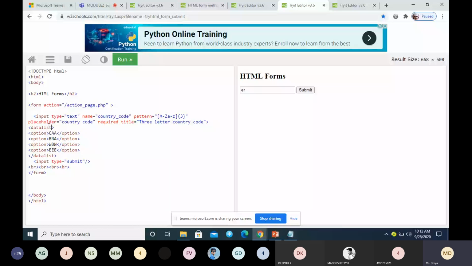So here we have an input for entering the country code, and we have some list of options from which the user can select.